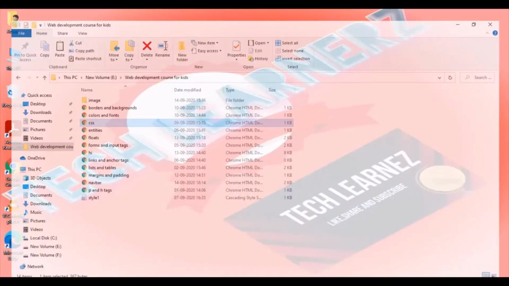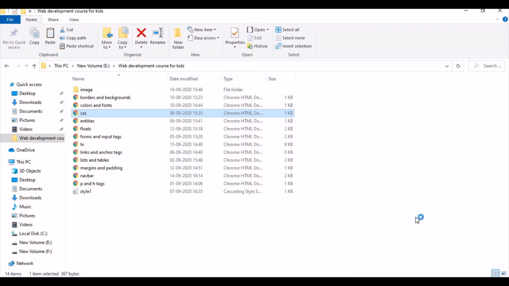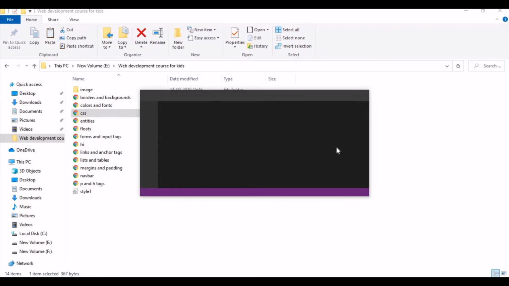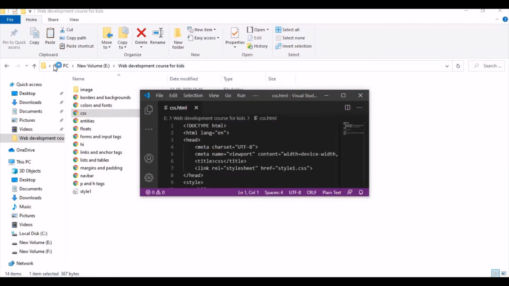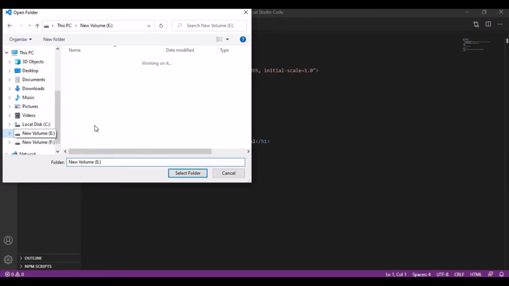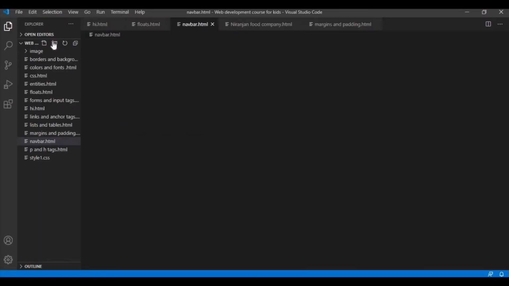Hey guys, so let us start our video. I'll open my VS Code and my VS Code has been opened. I'll select the folder. I have selected the folder and I'll create a new file called